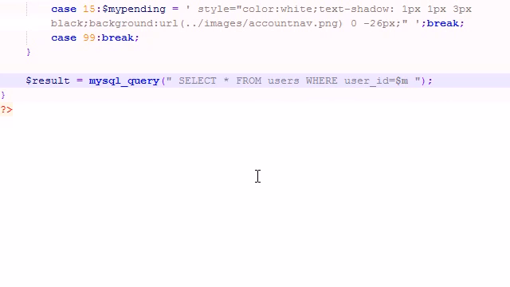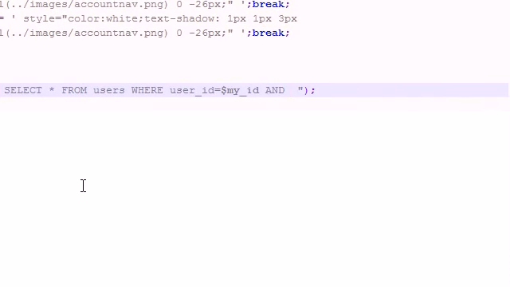my ID. And of course, this is going to return one row no matter what, because it queries your ID. But we only want to query it if role equals mod or role equals